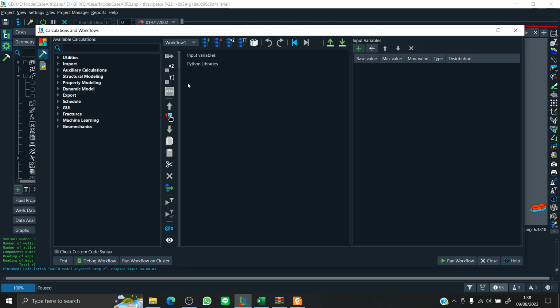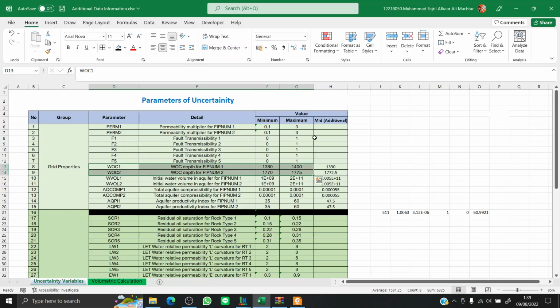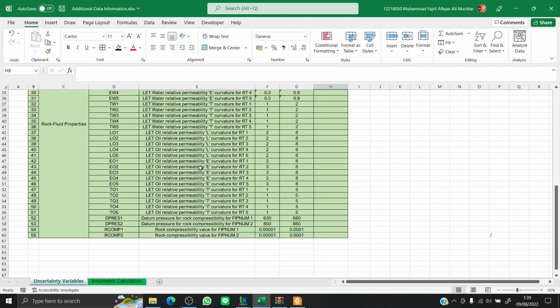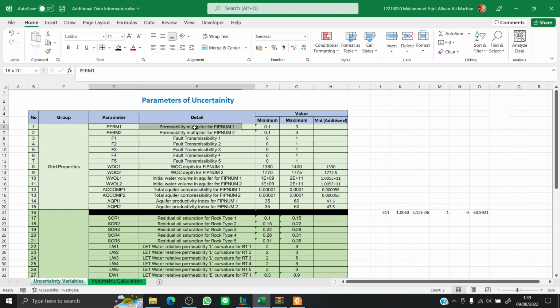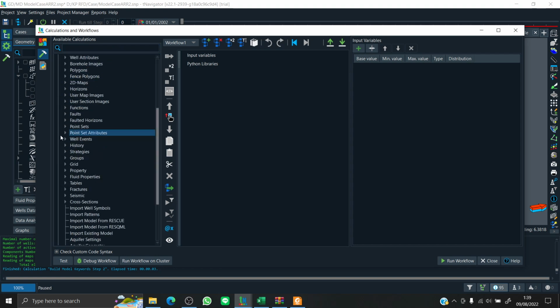What we are going to do first, just for the sake of this example, is incorporate the permeability multiplier. For the permeability multiplier, we basically have to do the arithmetic calculation of the grid. So we import the calculations or processes from this window.